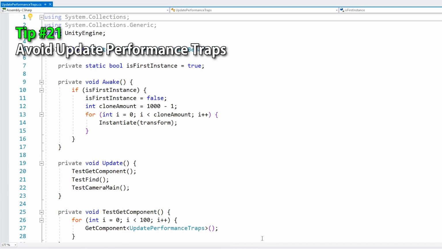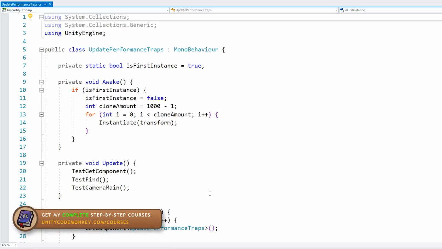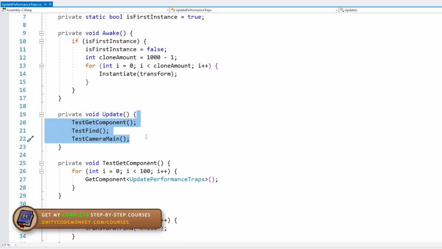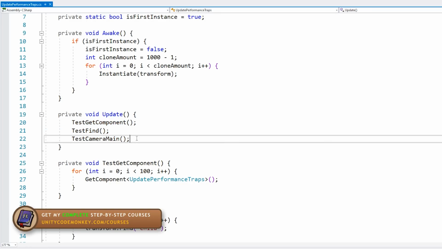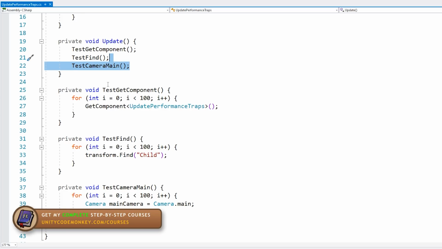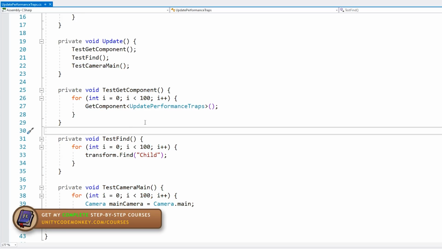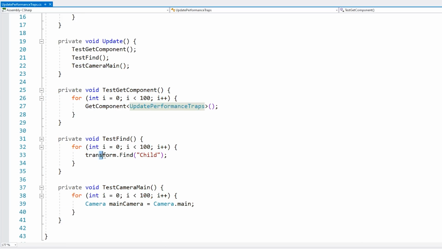Alright, so tip number 21, avoid update performance traps. There are certain things that have a pretty significant performance cost that you should never use on update. For example, over here I've got 3 examples. So we have getComponent, we have find, and we have the camera main. So here's the code that I'm using for testing, just calling these functions, which then do the various things a